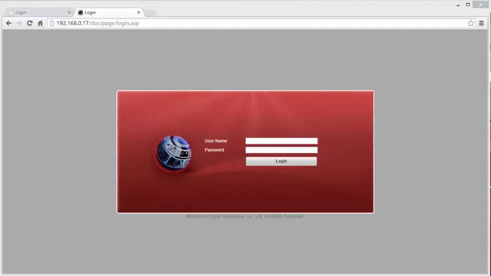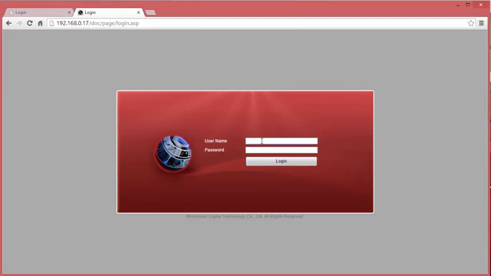In this video, I'm going to explain how to set up port forwarding on a Hikvision NVR. This will allow the user to gain remote access to the NVR from the internet or mobile device. In this example, we're going to use the web client of the NVR, log in with the admin account and password,